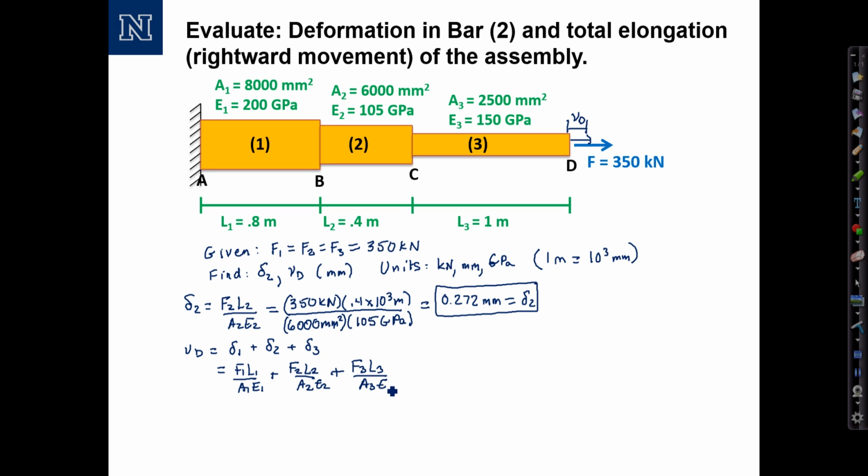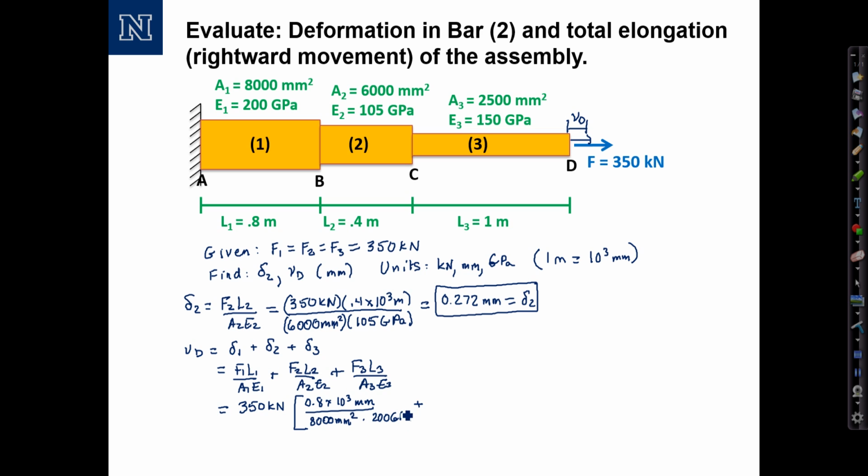over A3 E3. So as I do this calculation, one of the things I recognize is that F1, F2, and F3 are all the same. I can pull that quantity out in front. That's not always the case, but it is the case here. Okay, and writing everything else down, L1 is 0.8 times 10 to the third millimeters divided by 8,000 millimeters squared times 200